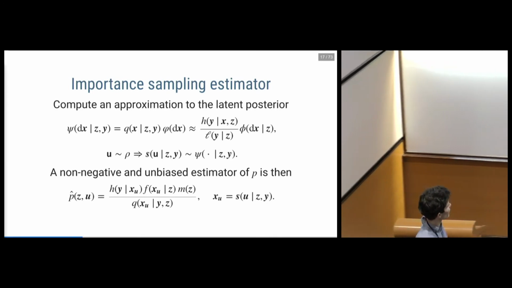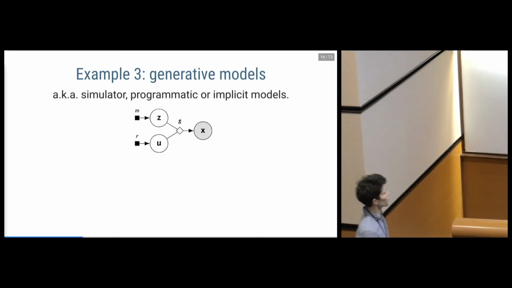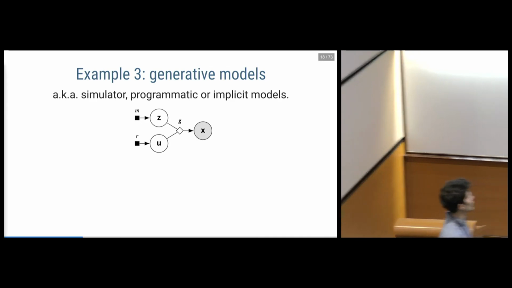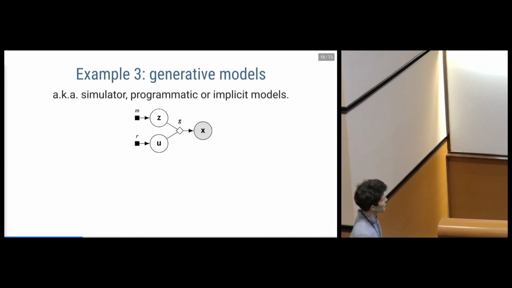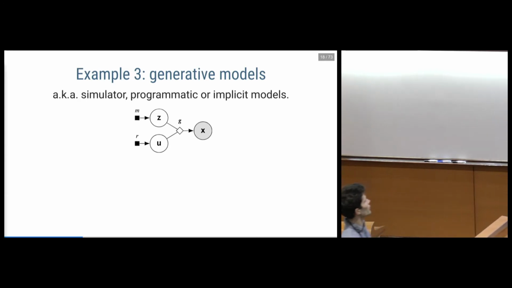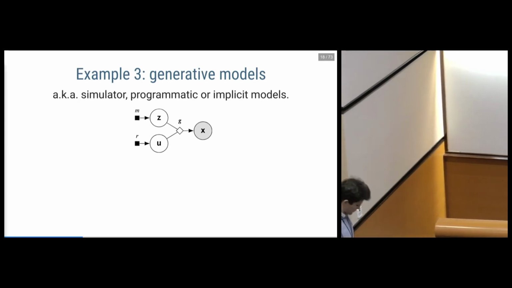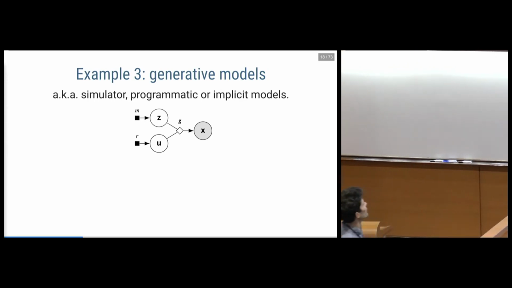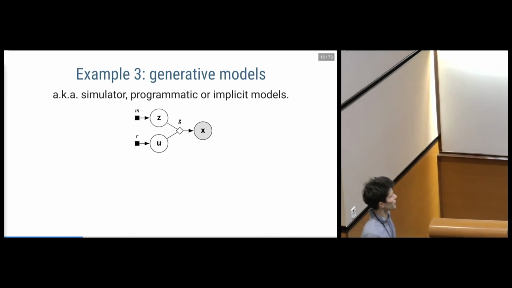So the final example I'm going to talk about, and this one's a little bit tangential, is something that people who were around last week until David Knott's talk should be familiar with. A particular class of models which has a lot of applied interest, and is a very natural way for people to express their prior information about some system of interest, is this class of simulator, or as we had Lawrence describe, programmatic or implicit models.